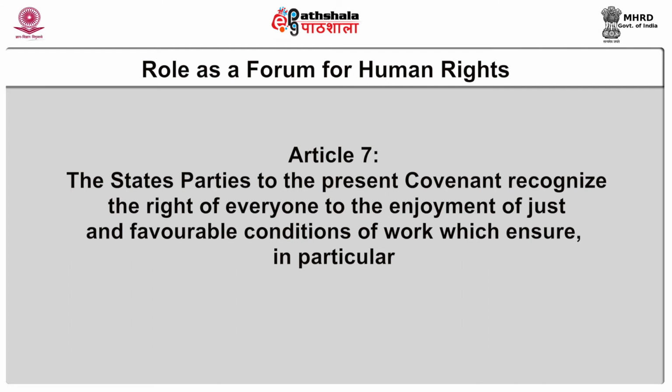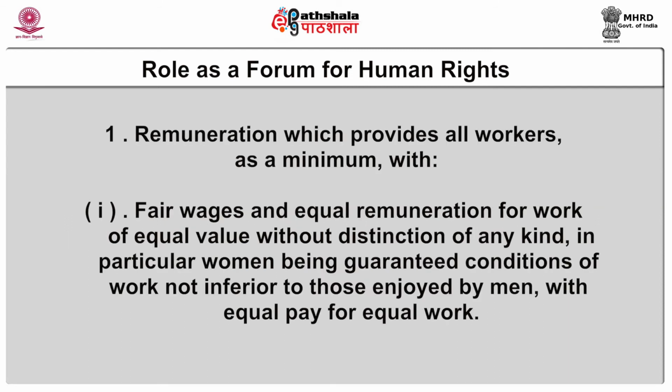Article 7 says that the state parties to the present covenant recognize the right of everyone to the enjoyment of just and favourable conditions of work which ensure, in particular, number 1, remuneration, which provides all workers as a minimum with fair wages and remuneration for work of equal value, without distinction or discrimination of any kind, in particular,